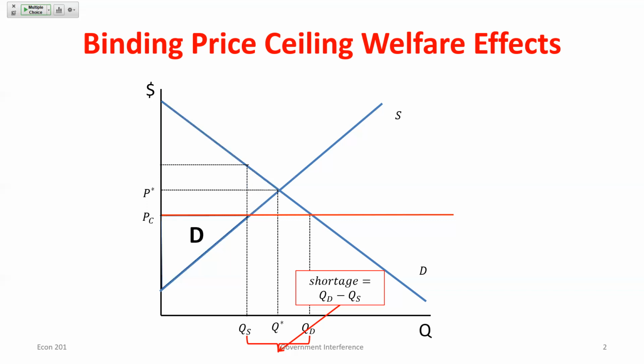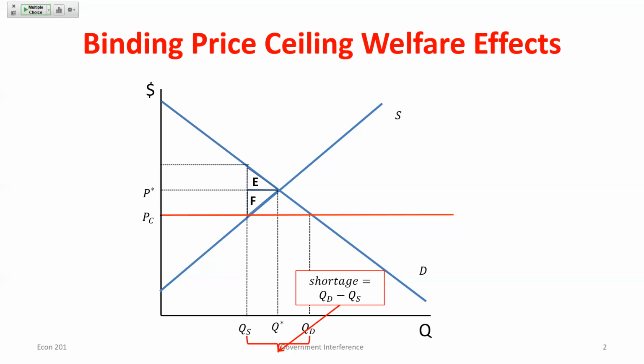For producers, producer surplus is the difference between the price they can get for the good, which is now this lower price ceiling value, and their marginal cost from the supply curve. So producer surplus has fallen quite a bit, right? Before, it was this entire triangle. So producer surplus has gone down, consumer surplus has potentially gone up,